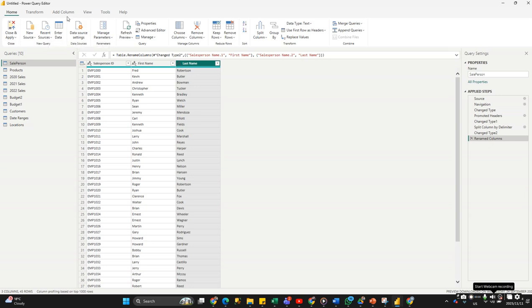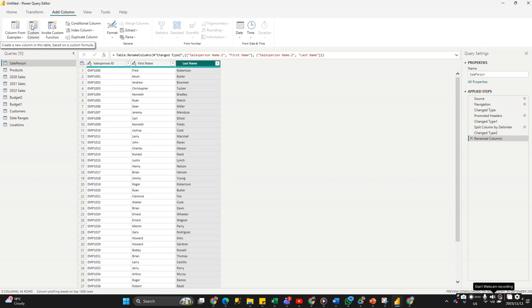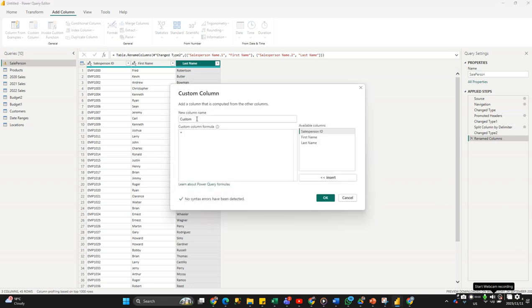So we have said we can add a new column using M code, right? We can just type that formula in M code. So here we put the name of the column that we need. We are going to say first full name. Then here we say Text.From, right? We need a text from the first name, right? Then we close. Then we are going to concatenate that text from the first name with this space